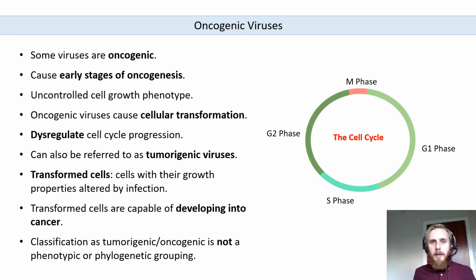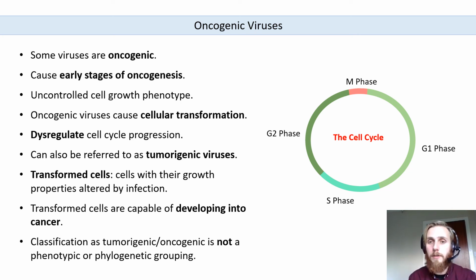Viruses do this by dysregulating what we call the cell cycle. The cell cycle is the normal cycle through which cells progress to replicate. This is a really tightly controlled process. Obviously, it's not in the host's interest, it's not in our interest to have cells that are replicating in an uncontrolled manner, because that's what cancer is. Cancer is uncontrolled replication of cells. So therefore, the cellular replication cycle is really, really tightly controlled, and there are really stringent control mechanisms that prevent